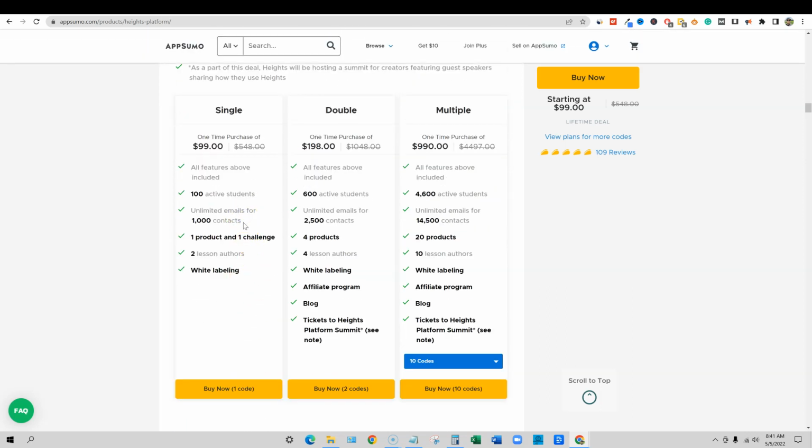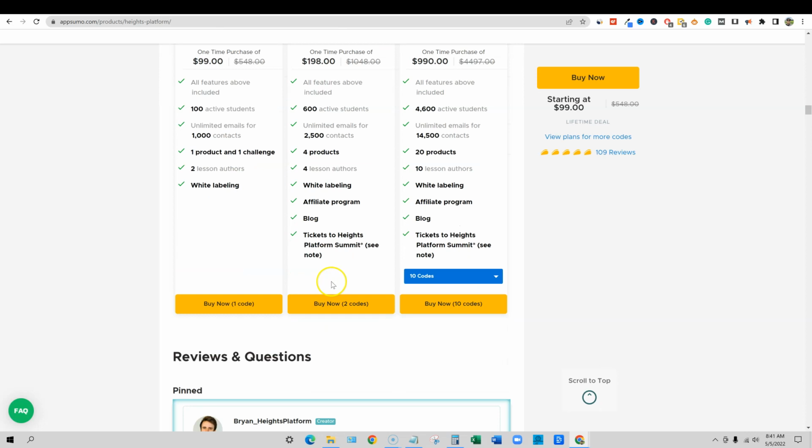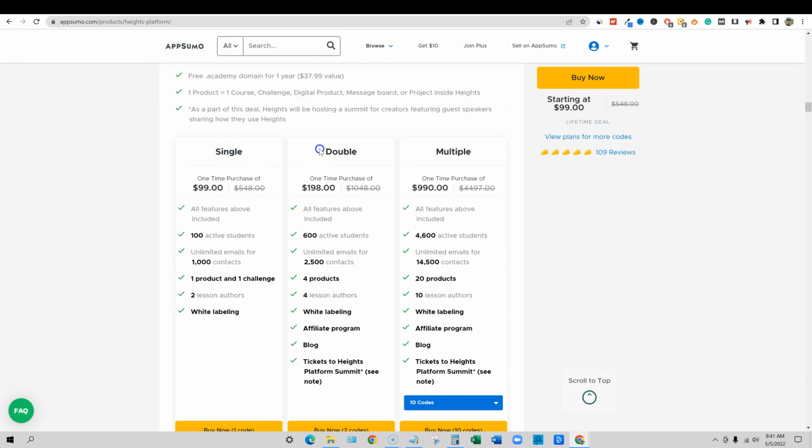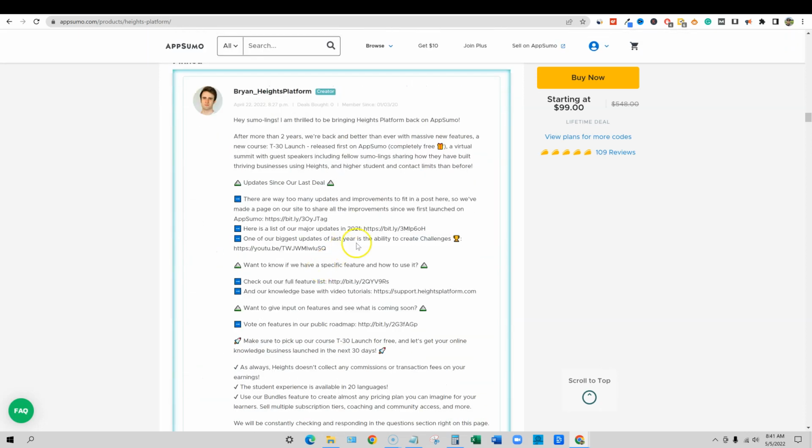Eventually the courses do kind of fall off. You'll have seasonality with it. You won't always have thousands of active students at once, or hundreds of students, I should say. So that is a really good way to come in and get one of the single or the double. And then just know that they're going to take care of the Appsumo customers. Not a lot of the applications or companies are doing that, honoring the Appsumo clientele or customer base. And that's what Heights is doing.